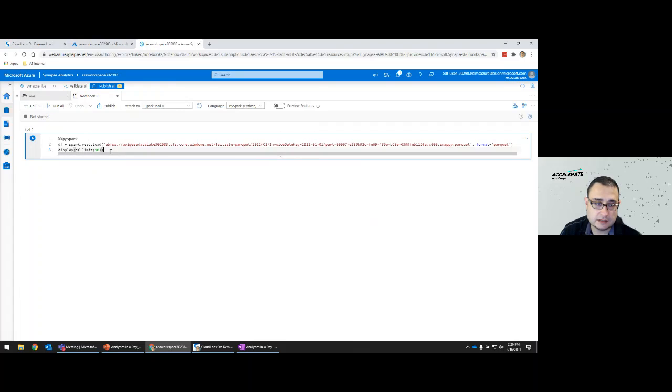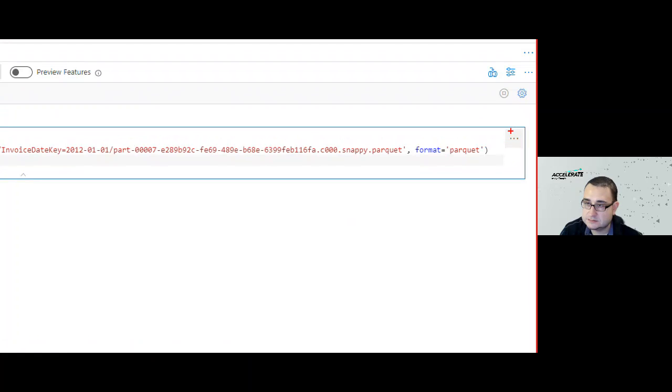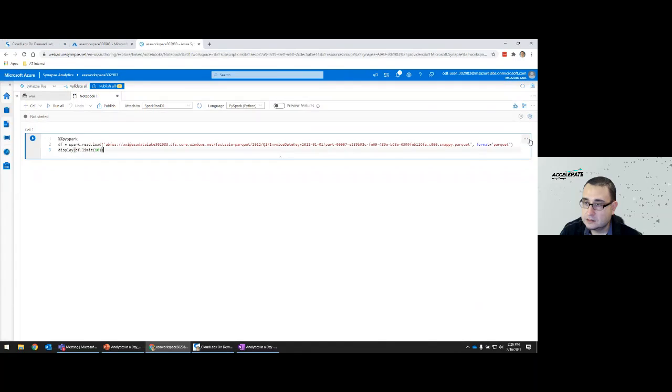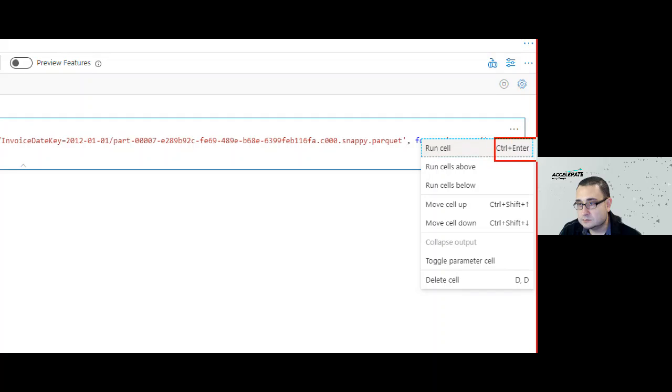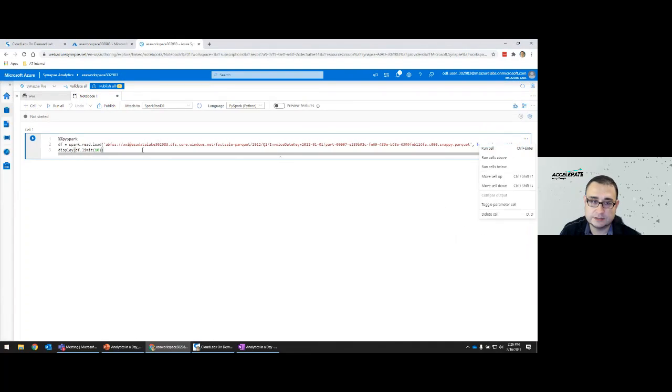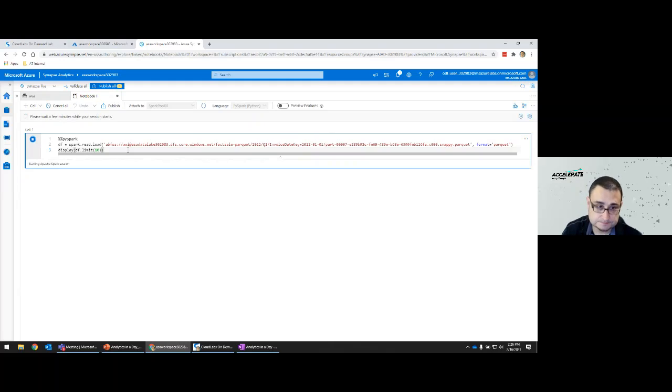So we have two options here. We can click on this ellipsis section here, and we can say run cell. We can also select run all, but as you will see, as you add more cells, you don't want all cells to run again and again and again. You want to be more selective and say just run this cell, or you can use the keyboard shortcut of Control Enter, and it will run just that cell. So that's what I'm going to do right now. I'm just going to hold Control on and press Enter.